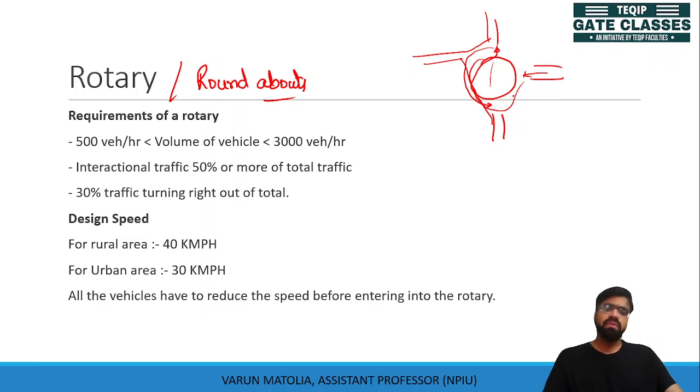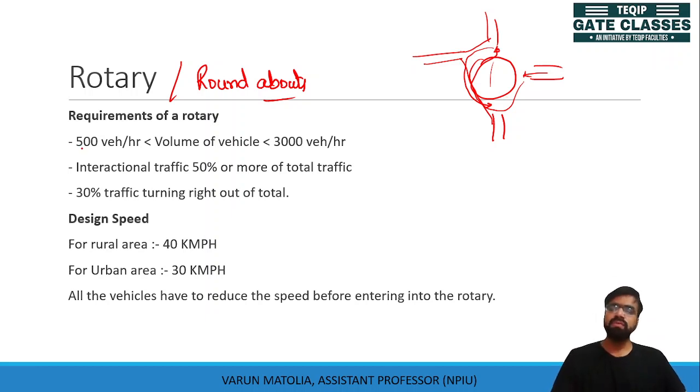But this kind of arrangement reduces the crossing conflict points, because we have considered those conflict points as the major conflict points. So rotaries allow vehicles to meet tangentially. So there are merging, diverging and weaving conflicts, but not crossing or right-through-right kinds of conflicts visible there. So rotaries are provided